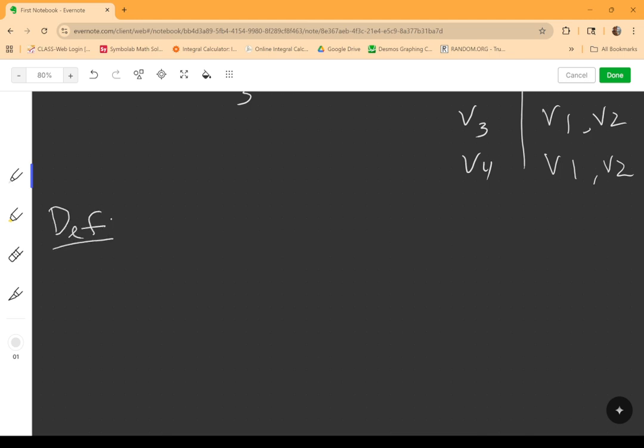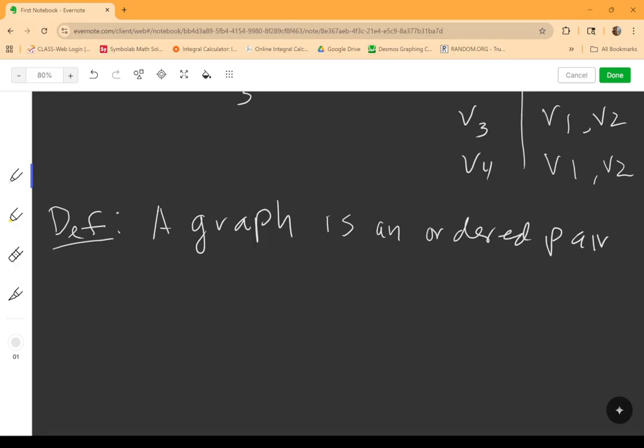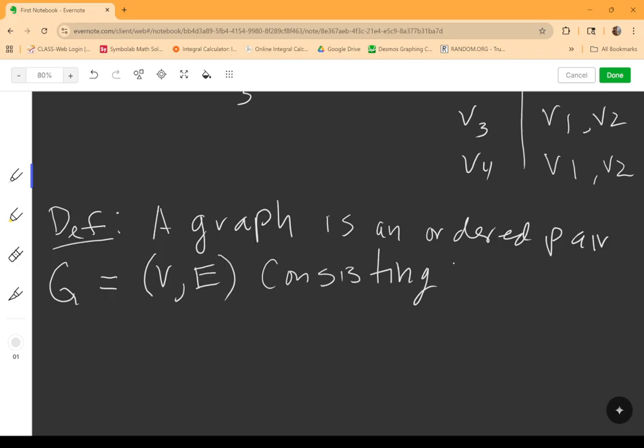We're going to define a graph as an ordered pair, which we say G = (V, E), consisting of a non-empty set V, which are the vertices,